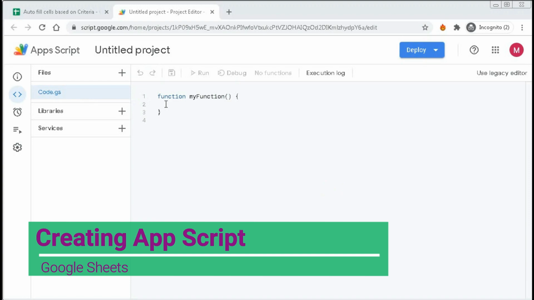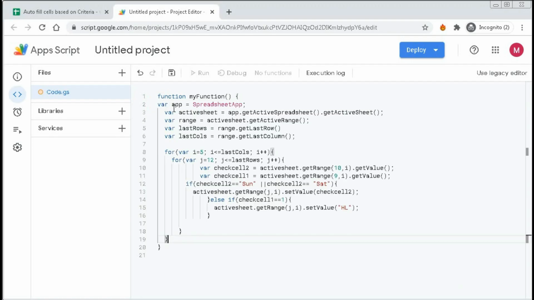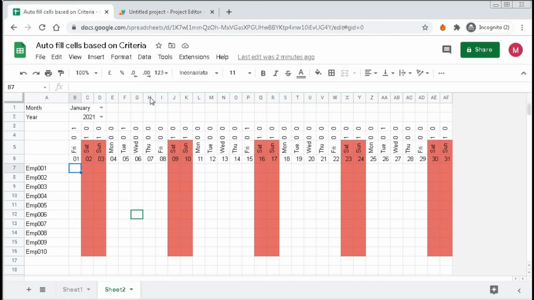Now here within this function we will type some code, but I will just copy and paste it, and I will try to teach you how this code works to save time. So this is the code. This will work and it will populate the value here.